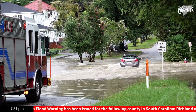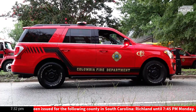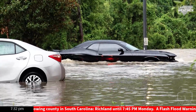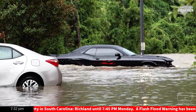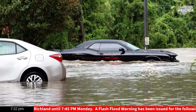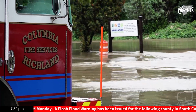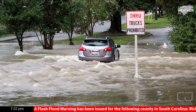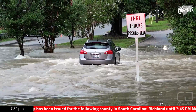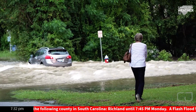Remind us? Yeah. So 2015 saw just a ton of rain. I can't remember how much fell in Columbia, but I think it was probably getting close to 2 feet of rain, and that occurred over a 36-hour period. And what we saw then was your big rivers, the Broad, the Congaree, the Lower Saluda behind the Lake Murray Dam, we also saw them go to near record levels, and that was mainly because of all the runoff